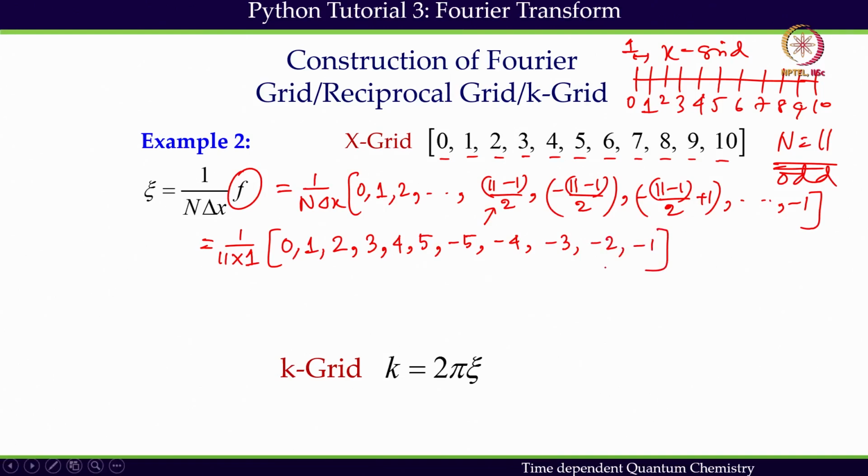We have 11 frequency components, and I now have to multiply this by 1 by 11, which is